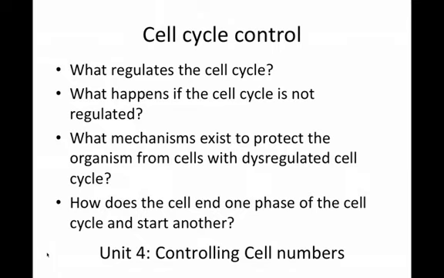What happens if the cell cycle is not regulated? Cancer. That's my favorite. When in doubt, say cancer. People get to know me really quickly, and they realize I'm always telling you you're going to get cancer, and I'm always talking about ubiquitin, which hasn't started much yet here, but it will. I think someone on an exam once wrote, I'm not sure, but ubiquitin, cancer. They didn't get any points.